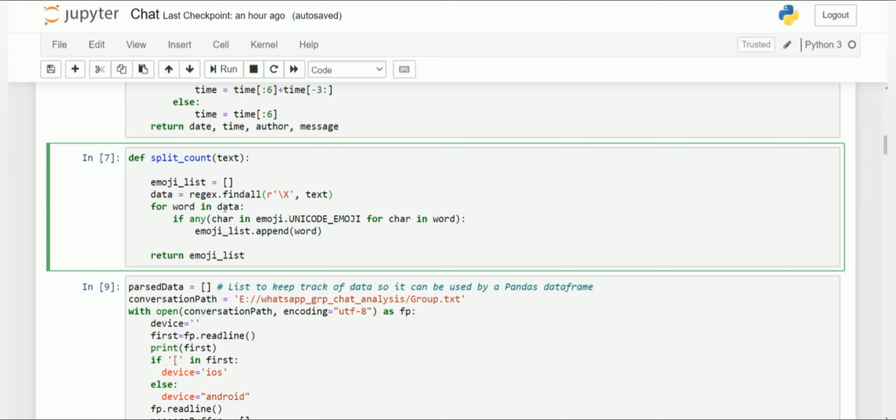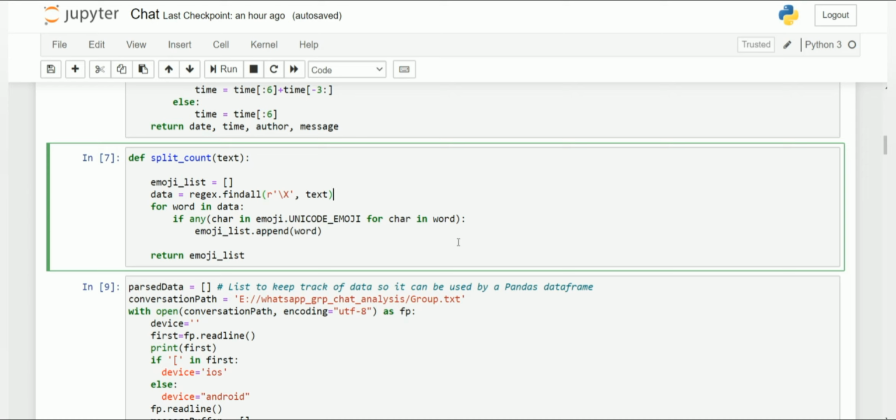For word in data, if any character in emoji.unicode_emoji for character in word, it means it will check every character in our message. If it matches with the emoji in the unicode underscore emoji function, it is the library that consists of all the emojis.